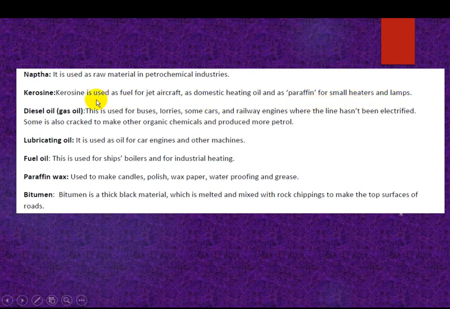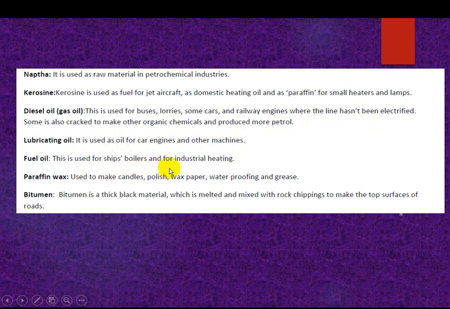Now diesel oil. Diesel oil is used for buses, lorries, some cars, and railway engines where lines haven't been electrified. Some is also cracked to make other organic chemicals. Lubricating oil is used as oil for car engines and other machines. Fuel oil is used for ships,